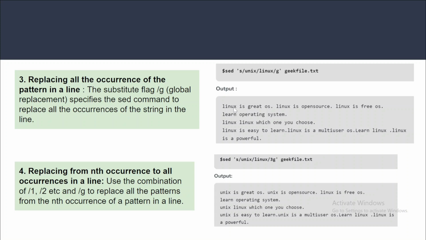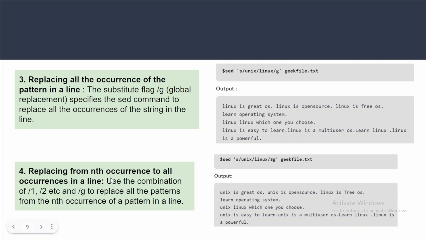Now there is one more feature. For example, I was saying that in that particular file, Unix occurs 10 times, and you want to keep the starting three Unix occurrences, but after that you want to replace it with Linux. So how can you do that? You can't do it manually, like for the 4th flag, 5th, 6th, 7th, 8th. You would have to run the command 6 or 7 times. Okay. So you can do it in a single go.